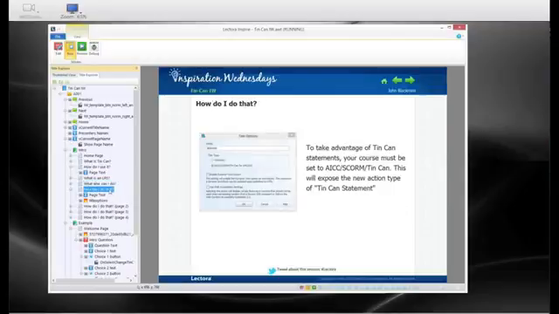Well, that's great, but how do I do it? Maybe you have Lectora, maybe you've tried to look for Tin Can and you're not sure how to use it. What can I do with it? Well, first you have to set your course to AICC, SCORM, or Tin Can. That is the setting in the title options. It's on your design ribbon. That actually adds a new option to your actions.